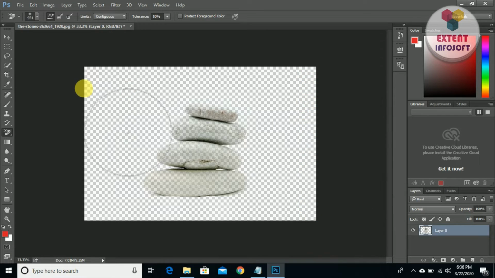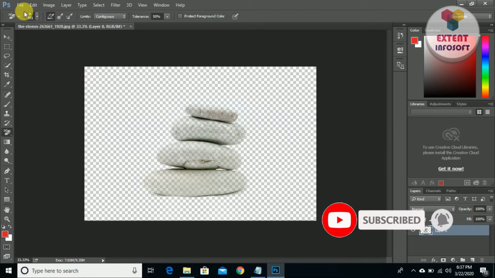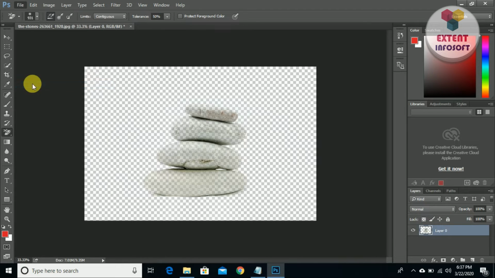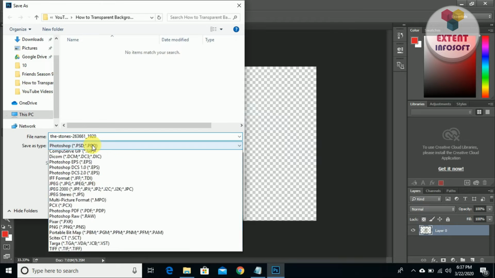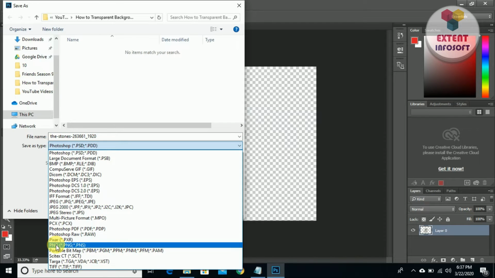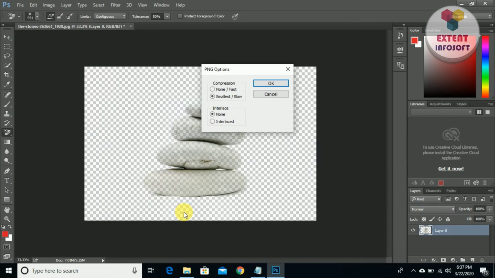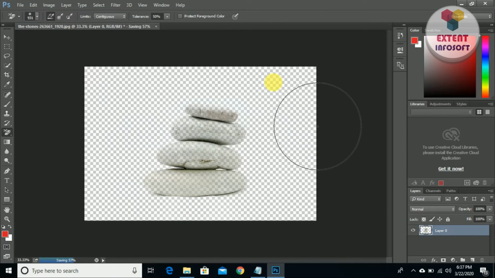And once you finish with these things, once you have completely erased your background, just go to File and then the Save As option and save it in the format PNG. You can select it from the type of file. You can save it in the PNG format, and it is compulsory. Remember to save in the PNG format, then only it will give the transparent background image. And click OK, and your image is saved. And once it gets completed, yes, it's done.